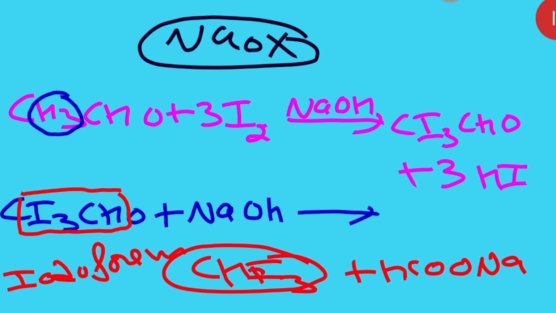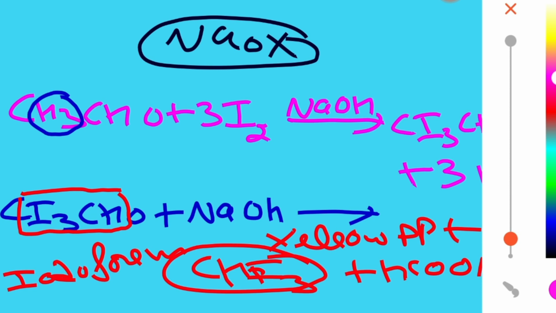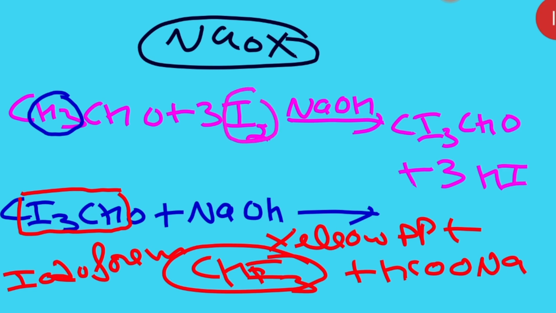CHI3 is known as iodoform, which is a yellow colour precipitate. You will remember we wrote one overall reaction. Now I have written the reaction in two steps, and we are getting the iodoform. Beta, as we formed the iodoform there, in the same way we can form chloroform here. At the place of I2, we can take Cl2, we can take Br2. Like this we can make iodoform, chloroform, and bromoform. Is that clear to all of you?